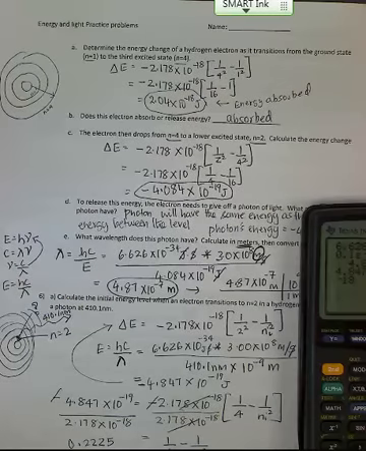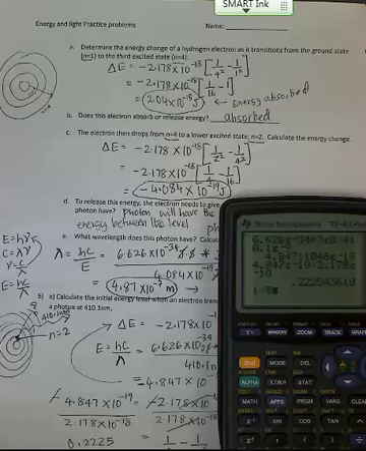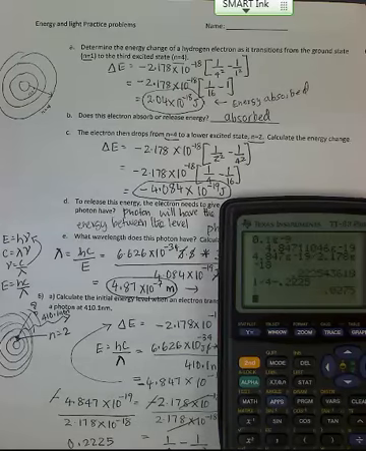Or in other words, if I bring 1 by n squared and the 0.2225 to the other side, my equation becomes 1 by 4 minus 0.2225. And so if I do 1 divided by 4 minus 0.2225, I get